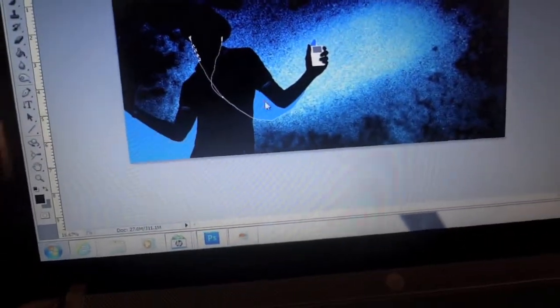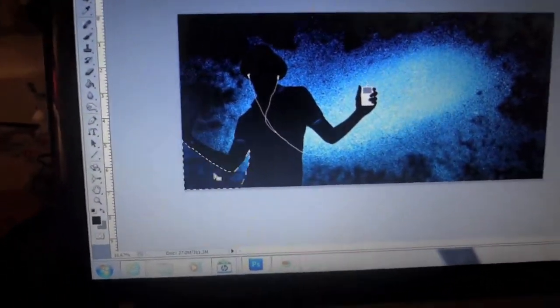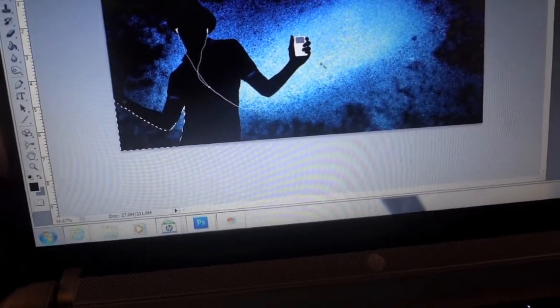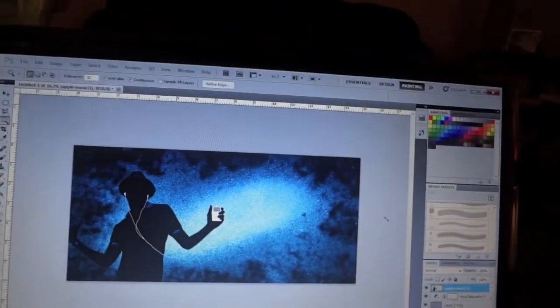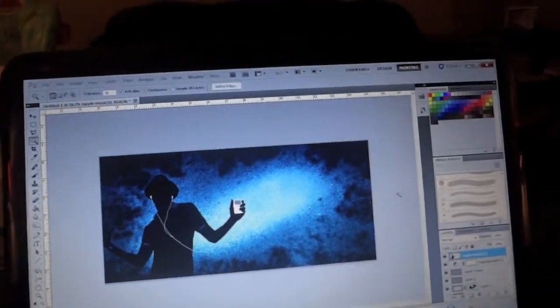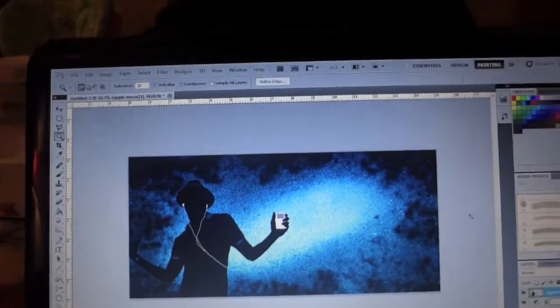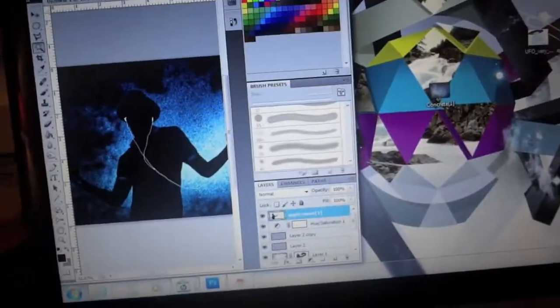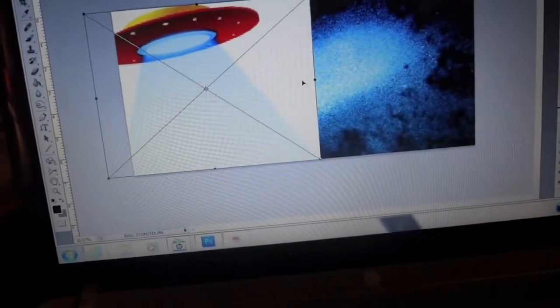Now also, if you wanted to use an image of you or a male or female silhouette, you can go through with the pen tool and just make earphones and an MP3 player or whatever. So now that I've got that all done, we're going to finish the background that's behind this guy. I've also pre-selected an image. I'm using a UFO, so I'm going to bring that in